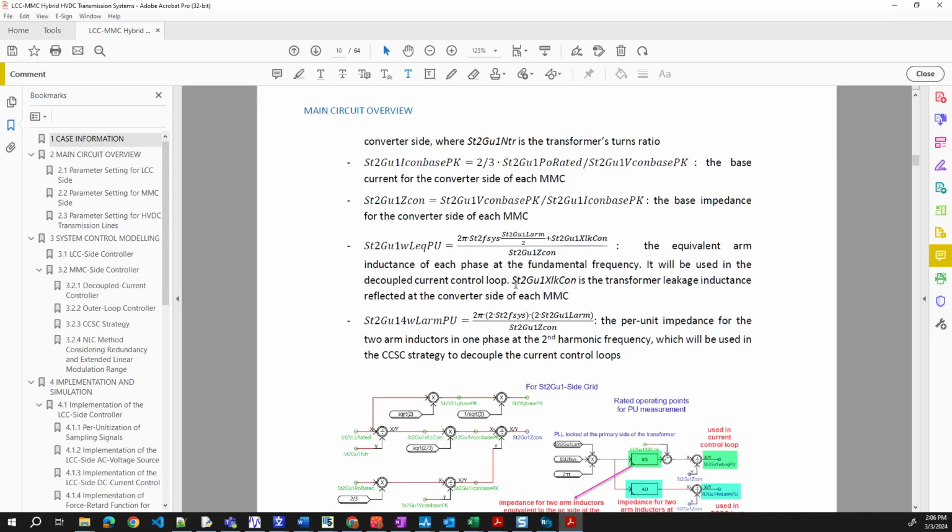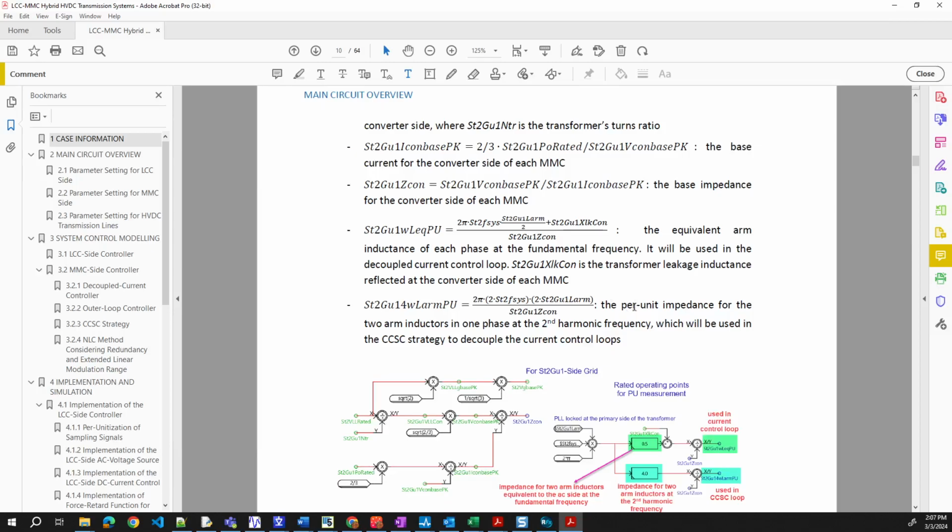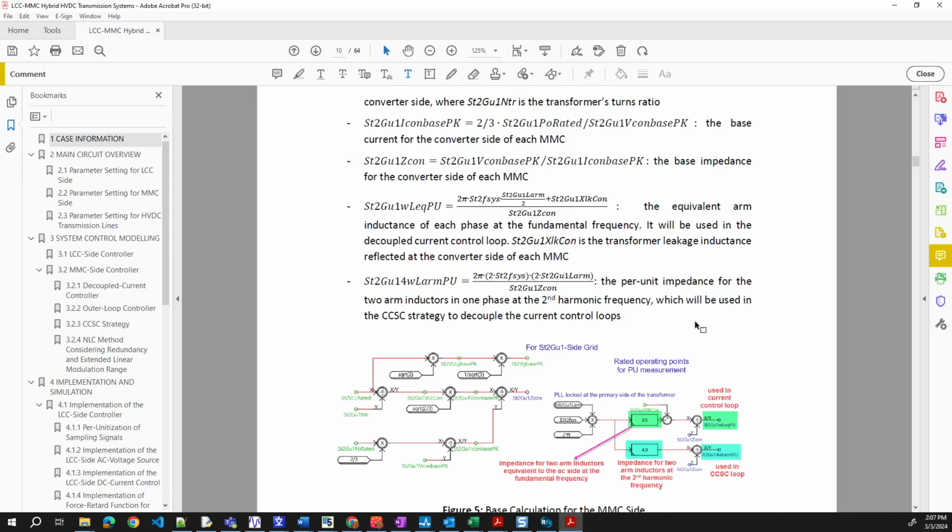So that's understandable. And the per unit impedance for the 2-arm inductor at the second harmonic frequency. Okay, that's CSCC, right? So that's a different value. Understand?